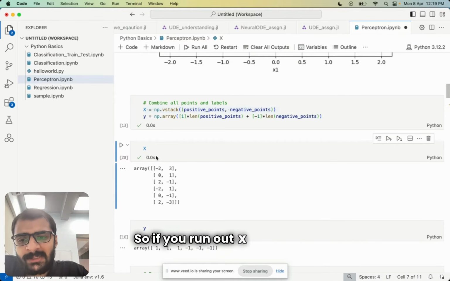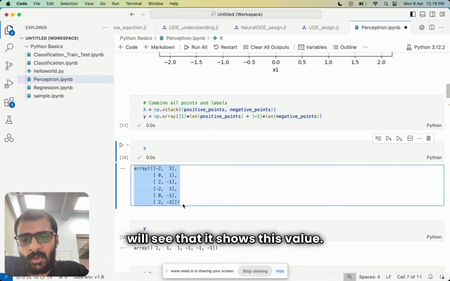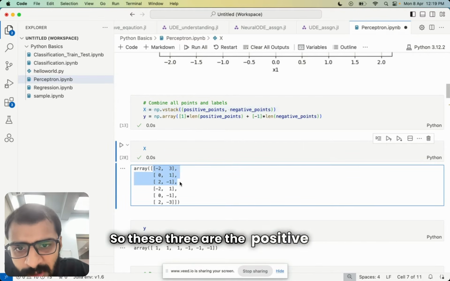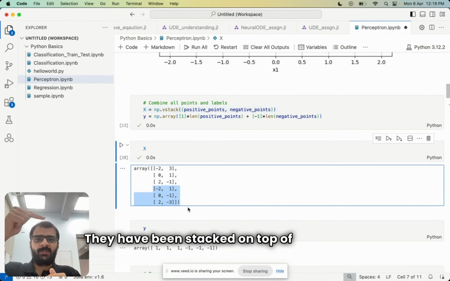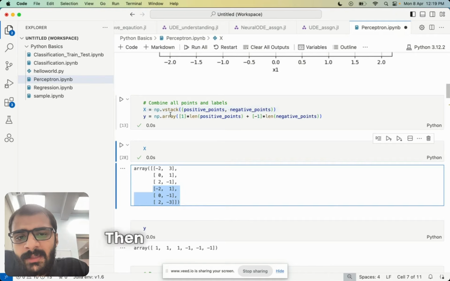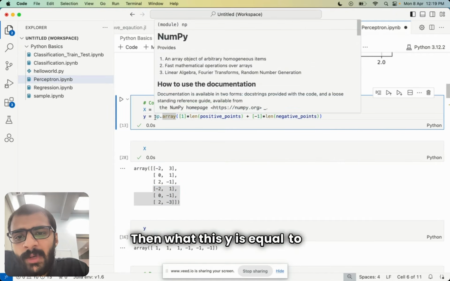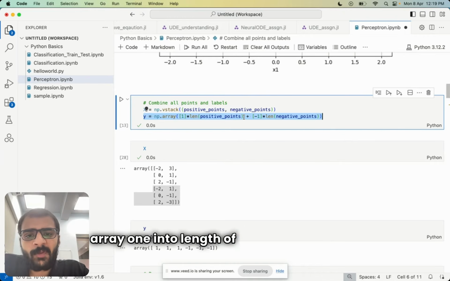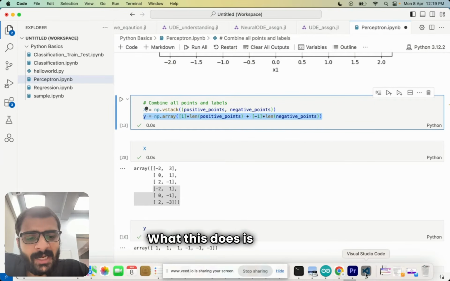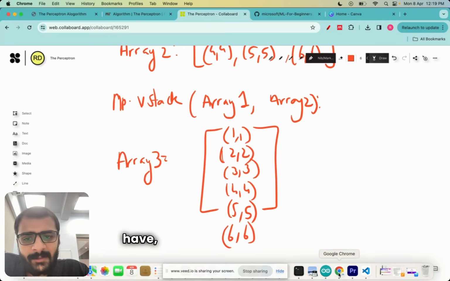So if you run X, you will see that it shows this value. So these three are the positive points and these three are the negative points. They have been stacked on top of each other. Then Y is equal to np.array of 1 times the length of positive points plus minus 1 times the length of negative points. What this does is that we have